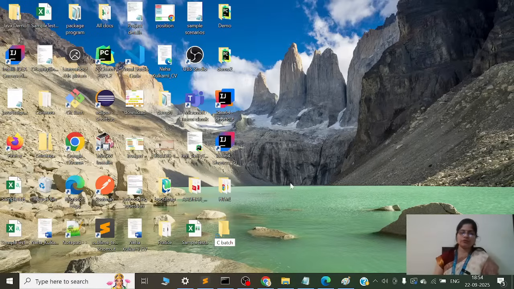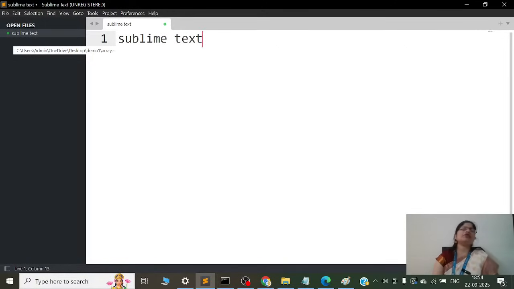The editor I am using is called Sublime Text. Do you have to use this editor only? No, you can use any other editor to learn C programming: Visual Studio, VS Code, Notepad, or Sublime Text.